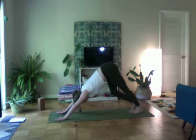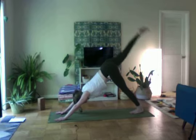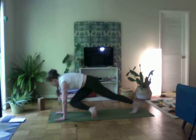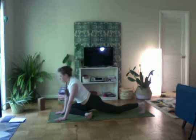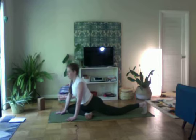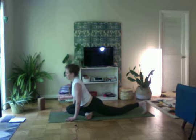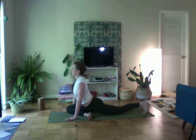Then we'll make our way to pigeon prep on the right side, lifting the right leg long. Exhale, sweep it forward, right knee to right wrist. And then scooch the left inner thigh, inner toe mound back, hands by the hips, lifting the hips. And then with the left toes tucked under, lift the inner thigh and straighten the leg as you scooch lower